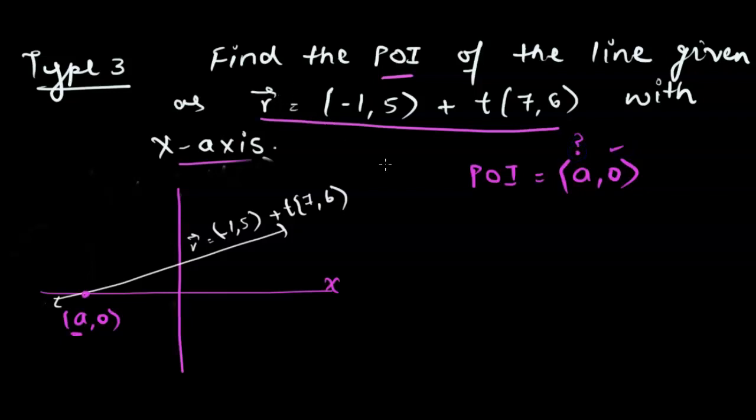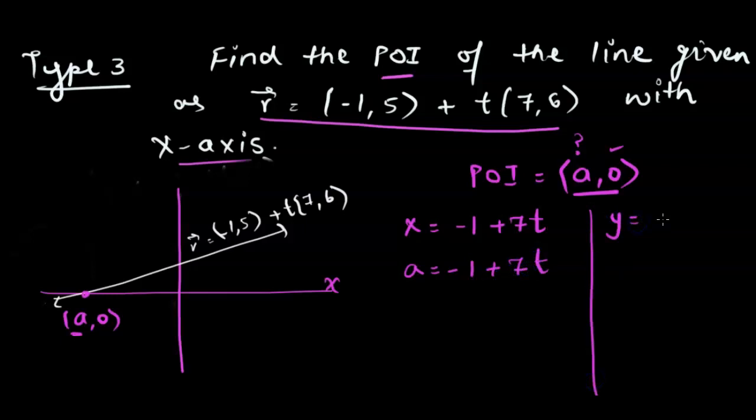Again, we would work with the parametric form of the equation. So we're going to write down x and y separately. We have x = -1 + 7t. We're looking to find the coordinates of the point A0, where A is the x value. So we'll put in x as A = -1 + 7t, and the other parametric equation is for y. So y is equal to 5 + 6t. The y value we definitely know is 0, so 0 = 5 + 6t. For a point to lie on a line, and this point would lie on our given line,